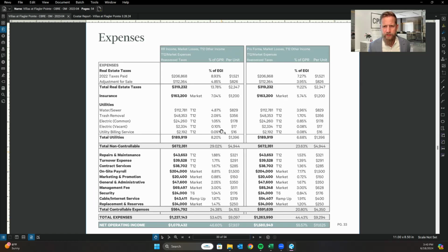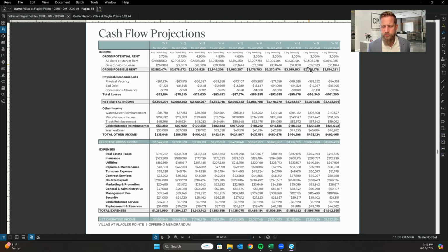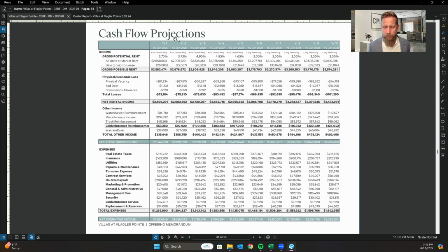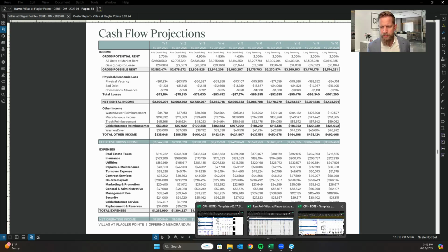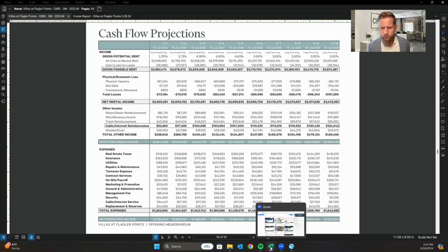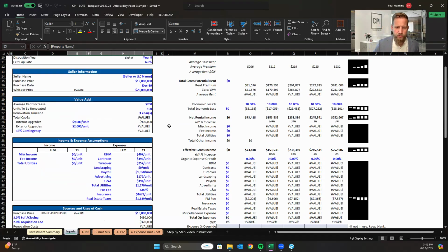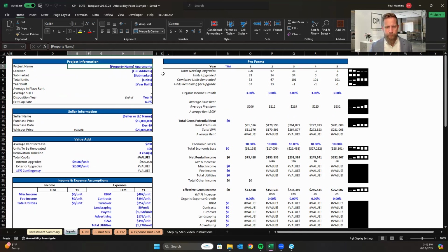And so then they've got the T12 information in right here. And then they've got the year over year projections for the income and expenses down here. So again, you can literally take all this information and just start plugging it into your inputs tab here. So let's go ahead and just start filling out some of this information just so you can see how this